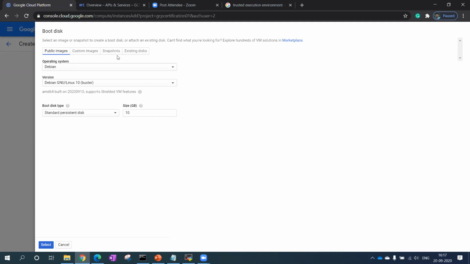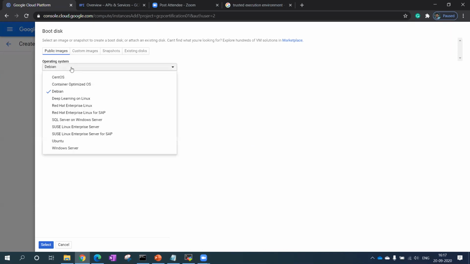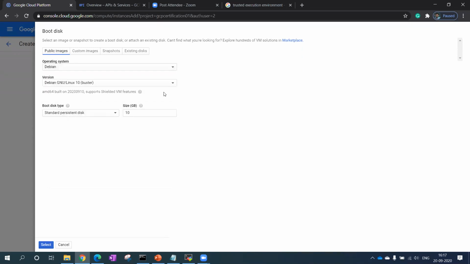So basically, if you want to take an image and you don't have any image with you, because you are a new customer or a first-time visitor to the Google account, then I will go to this Debian OS, go to the operating system public images, and choose what image I want. This is a family, and you have to select one family over here. After that, you can select a version.